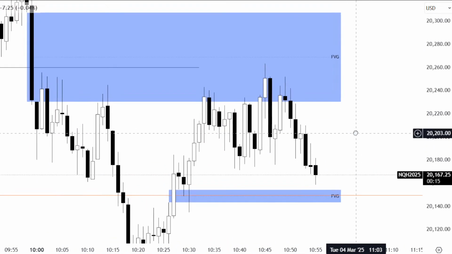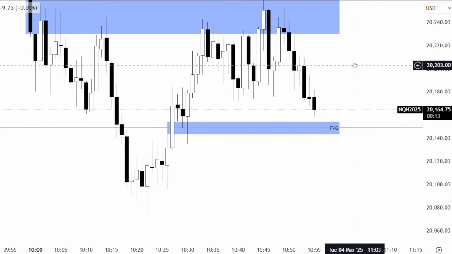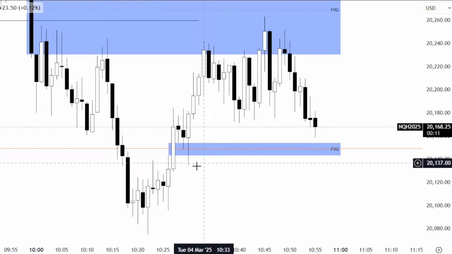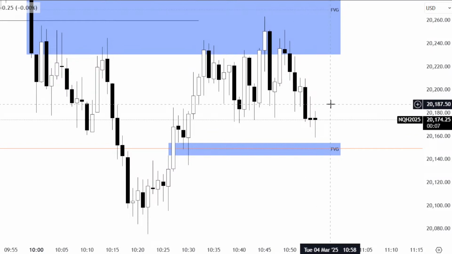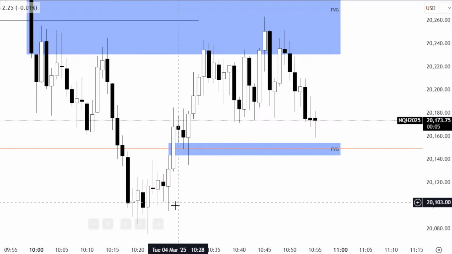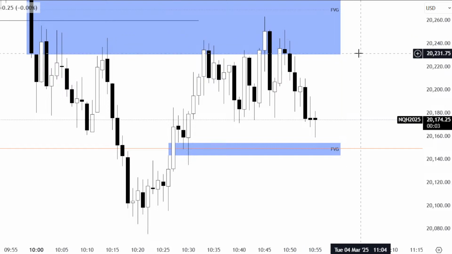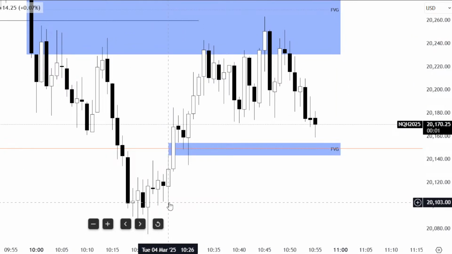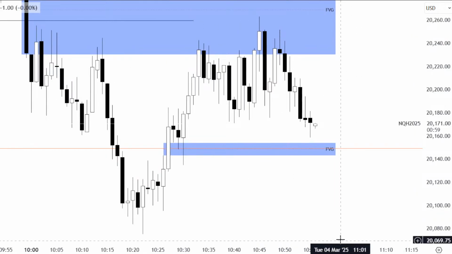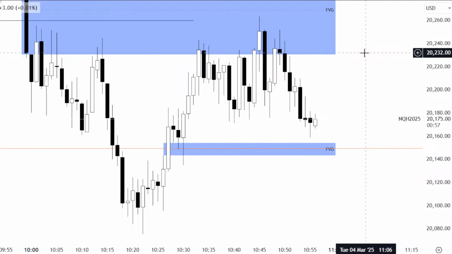So the best thing you can do now is say, all right, if this is liquidity and it looks like that's where we want to go, let's just wait for it to come and run this liquidity. If we believe we want to go higher, then let it do its thing down here, and then find a solid entry to take you up higher.